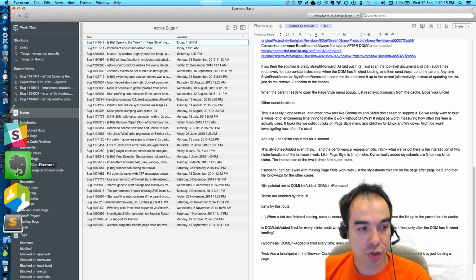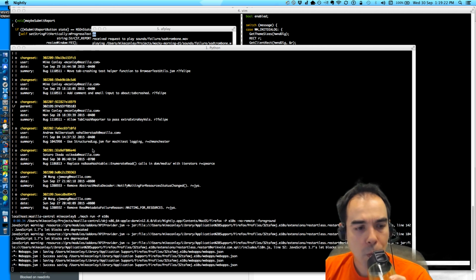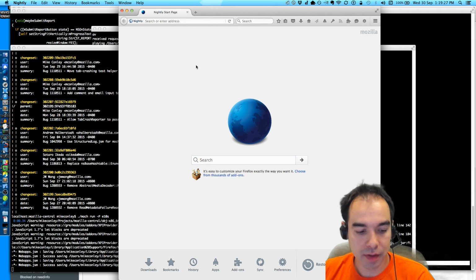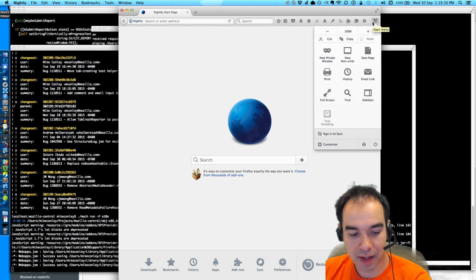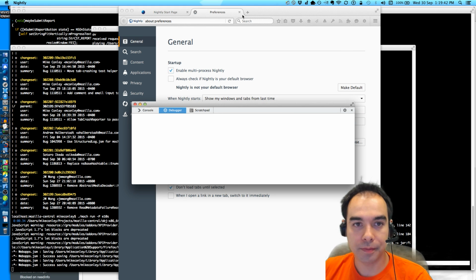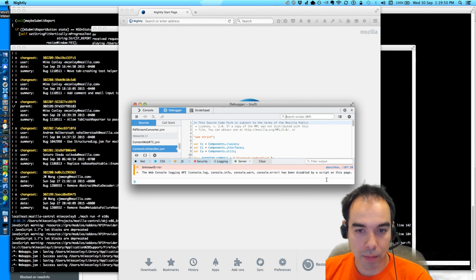So let's check. I'm going to run Firefox Nightly. We're going to see if I'm right. So let's make sure I'm running with E10S enabled. Yes, that is the case. So what I want to do is open the content toolbox. And I'm going to add a breakpoint.